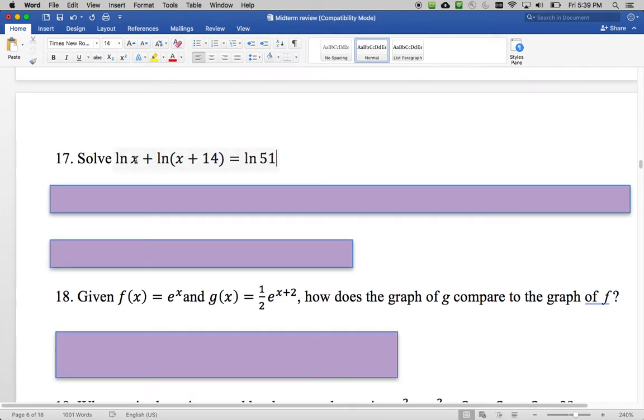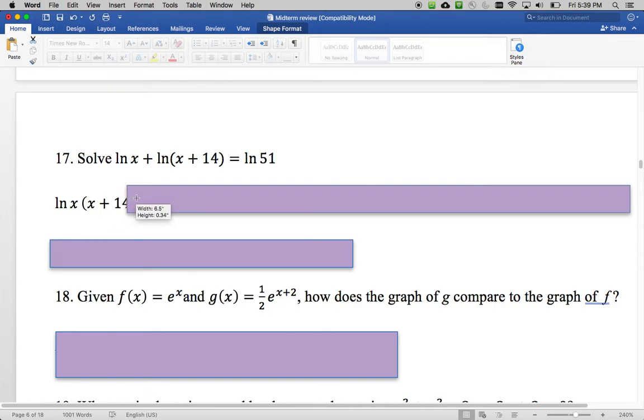You can just get rid of all of them and just do x plus 14 equals 51. But you cannot do that. You have to condense the left side first. Because you're adding the two natural logs together, you would multiply the two terms, and then it's all condensed to one natural log. And now that we've condensed it, we can just drop the natural logs, and we have x times x